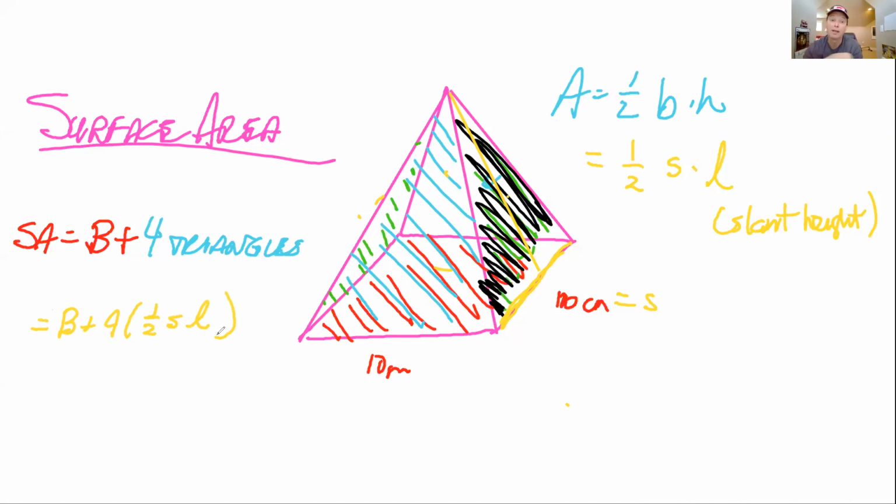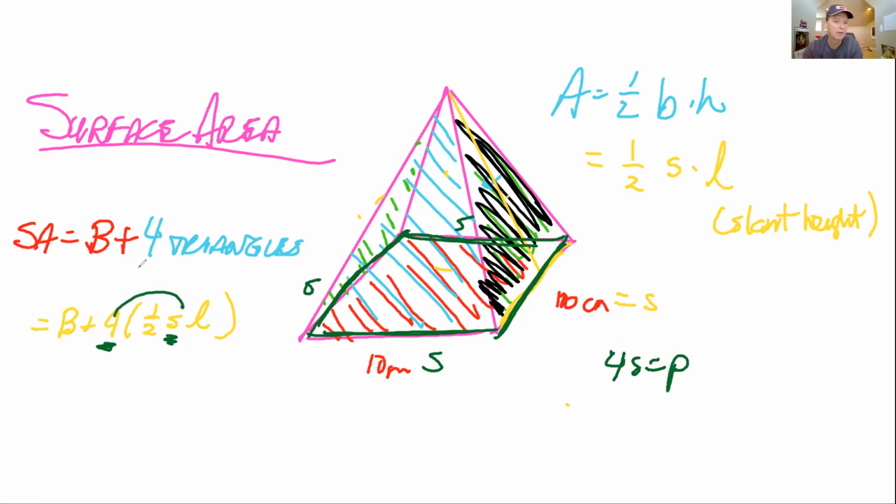Yeah, I know you probably can't get it. If I go around the perimeter of this base, doesn't that give me 4 S's? So this is S, this is S, this is S, this is S. So 4S makes the perimeter. So this I can replace with a perimeter, and I get this really funky equation, but